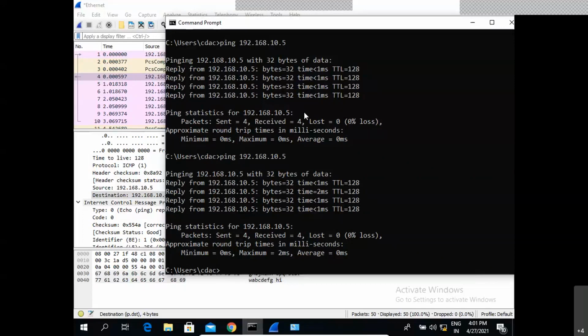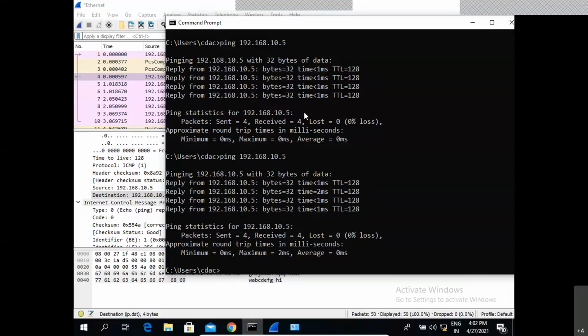And if I'm getting a TTL value of 255 or 254, something ranging between 255 and 254, I can assume this particular communication is with respect to a network device. Why? Because most of the networking devices use TTL values within the range of 255, 254, and 253.